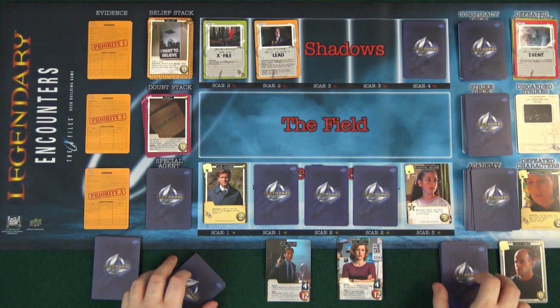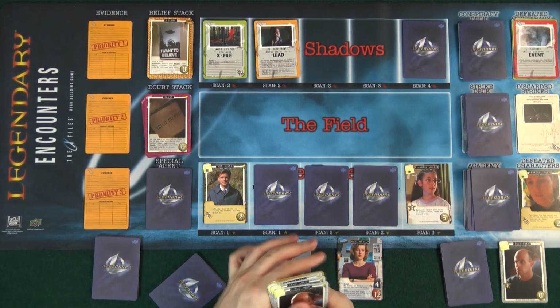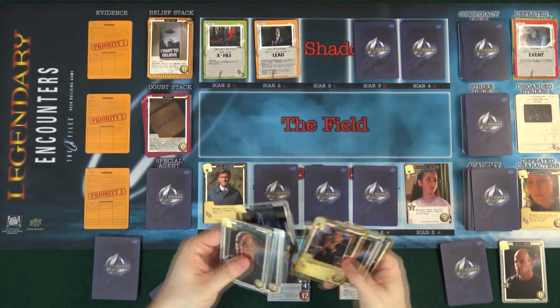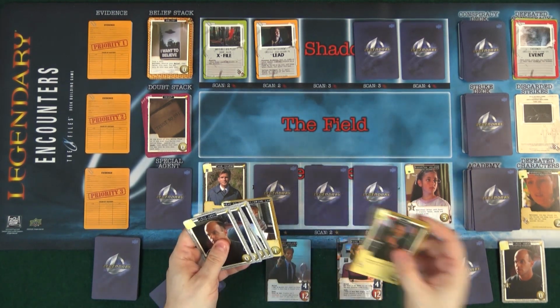Now it is Draco's turn. Oh, he forgot to draw here. Should have 3, 4, 5, 6 cards. And we get push everything. And he has his spooky. Oh, this is good, because if he plays his spooky first,